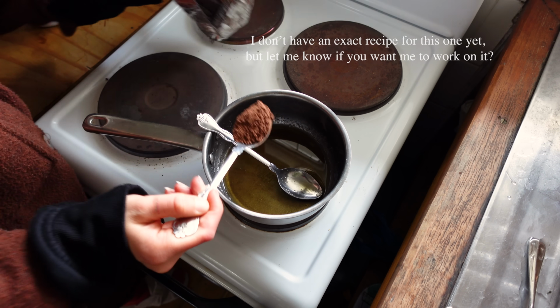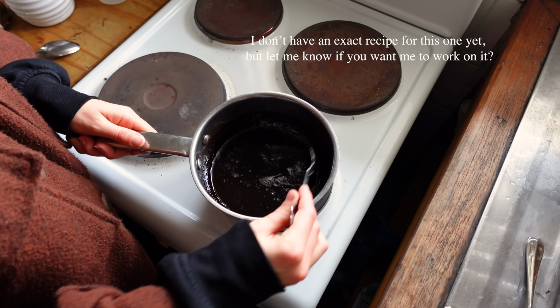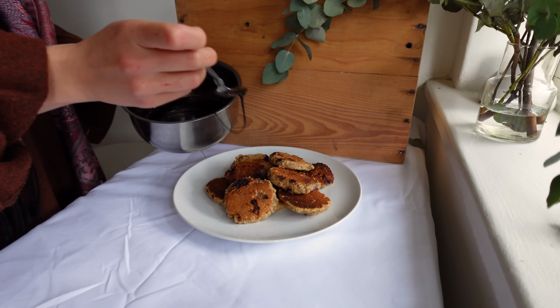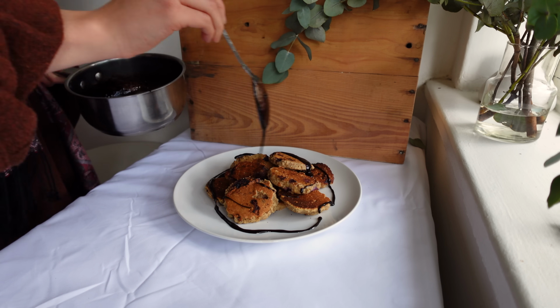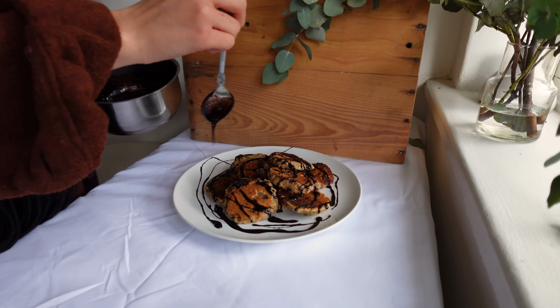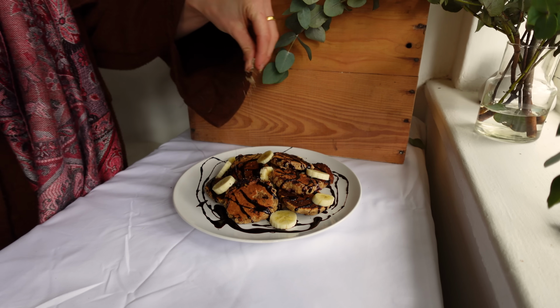But anyways, this delicious chocolatey, sugary sauce, we're dissolving some sugar in a little bit of water on the stove on low heat, adding a heaping tablespoon worth of cocoa powder, and once we have the right consistency, we're gonna drizzle that all on top. You can also make your life so much simpler by just drizzling maple syrup on it,